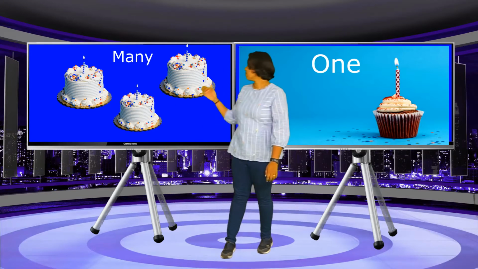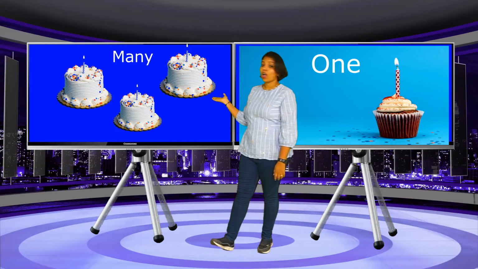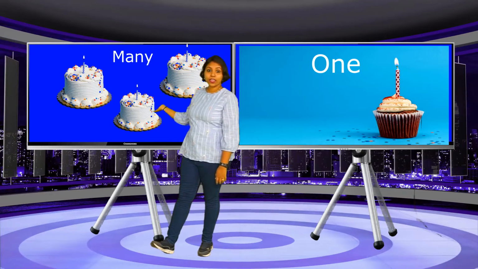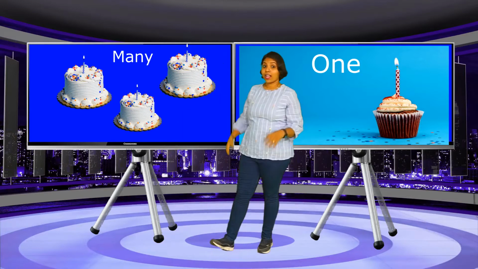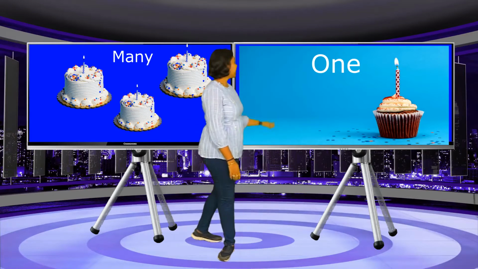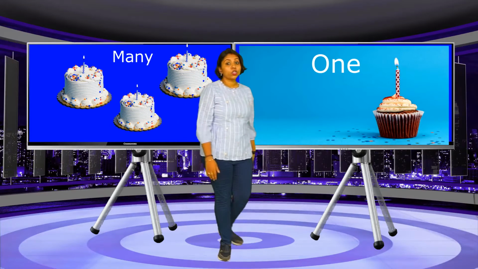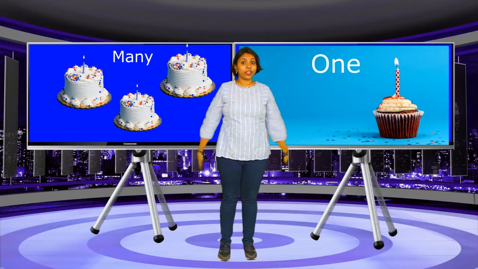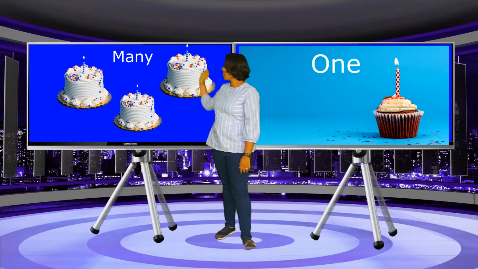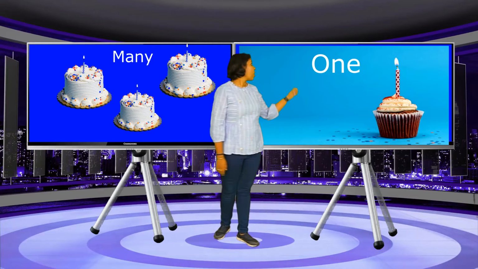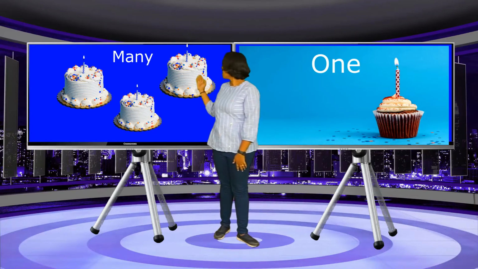Yes. So you can find cake here. How many cakes? 1, 2, 3 cakes. How many cakes here? 3 cakes. I just love eating cake. And here how many cakes can you see? Only 1 cake. So what is the comparison we are learning? Here there are many cakes and here there is only 1 cake. So the comparison we are learning here is one and many.